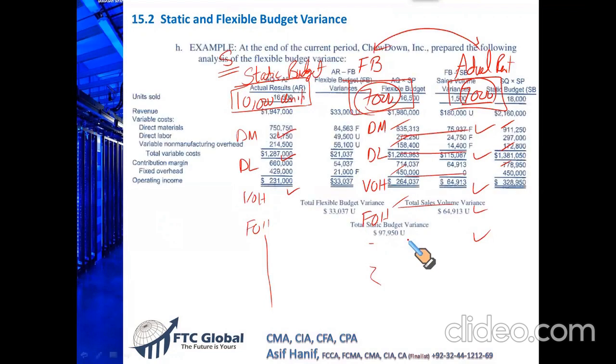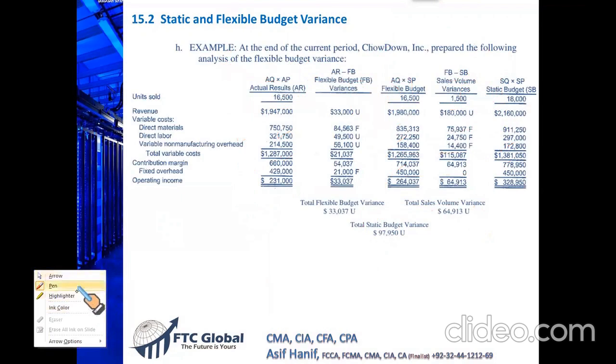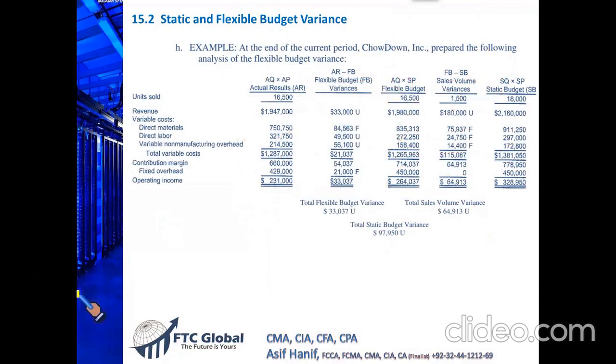Let me show you an example that will explain the idea. Please follow. I prepared an original budget, a static budget, for 18,000 units. As per my original budget, this should be my revenue, material, labor, variable overheads, contribution, and then this should be the fixed overhead. This is what I expect as my operating income. What happened? My actual results were only 16,500. Now this is a problem. I should not compare these, because this is the level of 18,000 units and this is only for 16,500. They are two different levels of output.